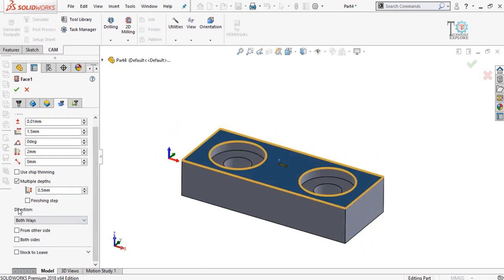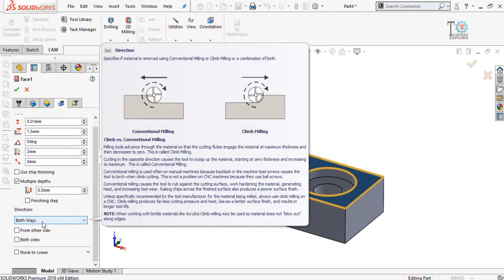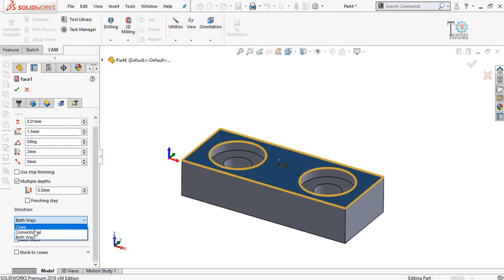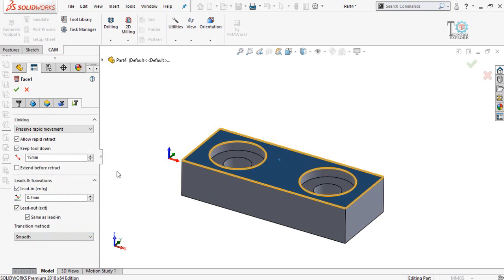Next we have the direction option. Here we have to define how our machine will cut the material. For now I'm going to select conventional milling. Then we have this option, linkage, and keep tool down.